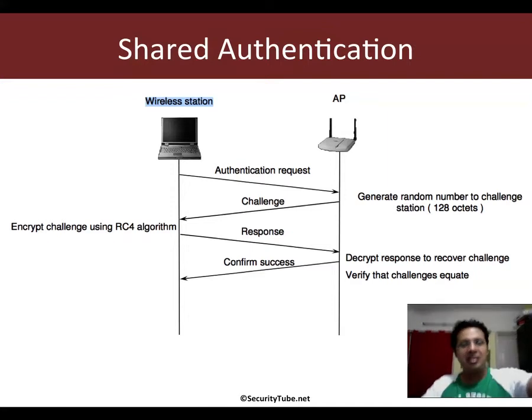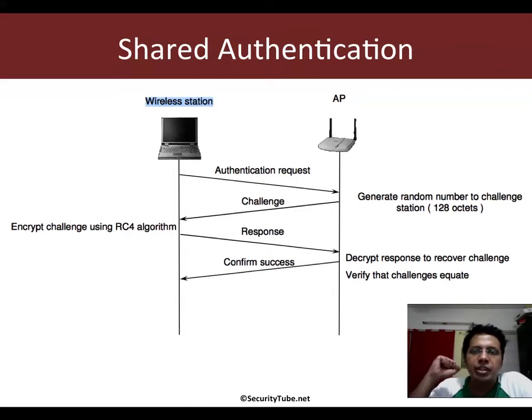Anyway, so the first packet is the authentication request packet sent by the wireless client to the access point. When the access point sees that packet, it says, okay, you want to authenticate, here is a challenge, solve it. That challenge is nothing but 128 bytes of plain text. That's all there is to it. This plain text is something the access point is supposed to randomly create, so it is not known a priori.